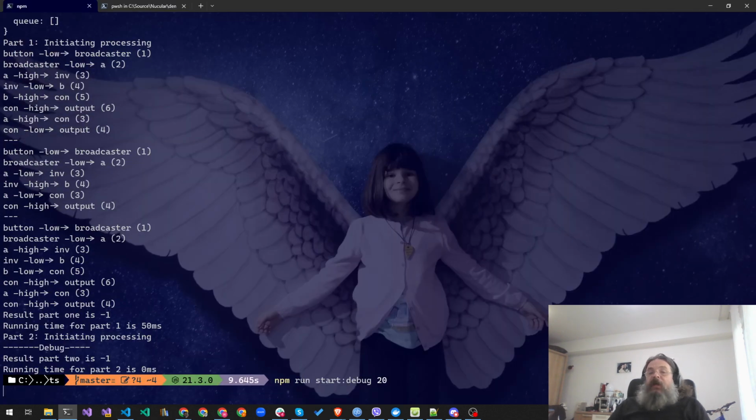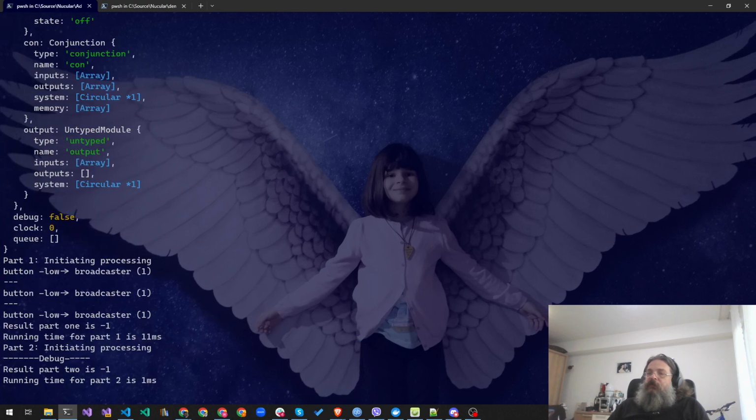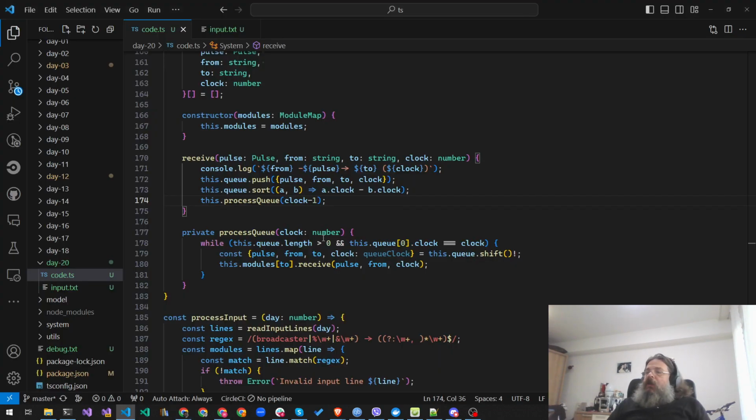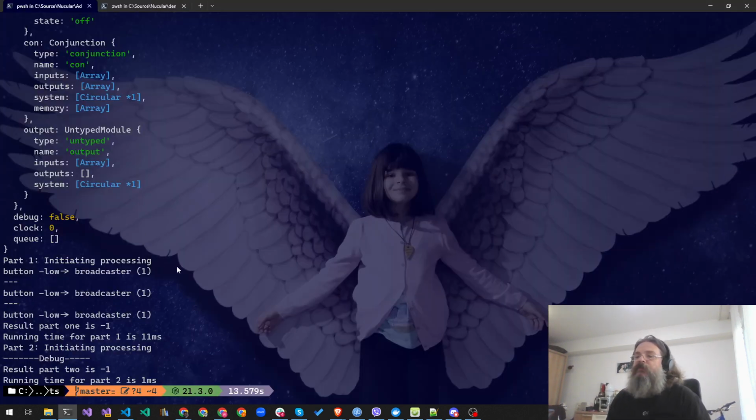Process if you have anything from the previous clock. Otherwise, don't do anything. And now it will stop on the first part because we don't have enough things. Yeah. We need to delay some processing. Basically, what happens is that